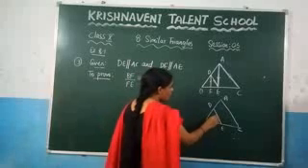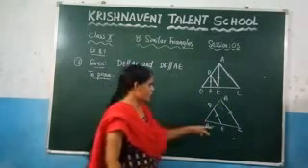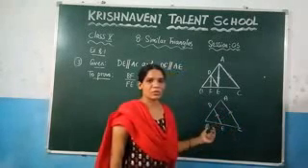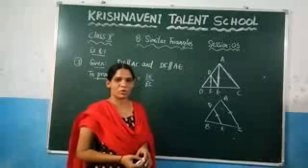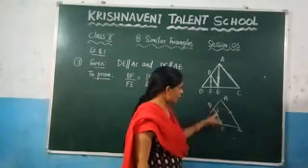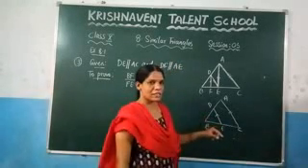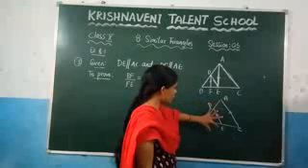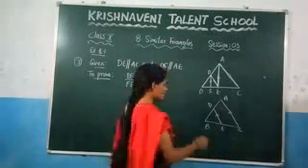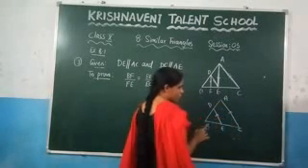So here by the basic proportionality theorem, what you know is, if a line is drawn parallel to one side of the triangle, then the other two sides are divided into the same ratio. So here what is the line that we have drawn parallel? They have given here DE is parallel to AC. So we can say by the basic proportionality theorem, BD by AD is equal to BE by EC. That means these two sides are divided into the same ratio. That means BD by AD is equal to BE by EC.